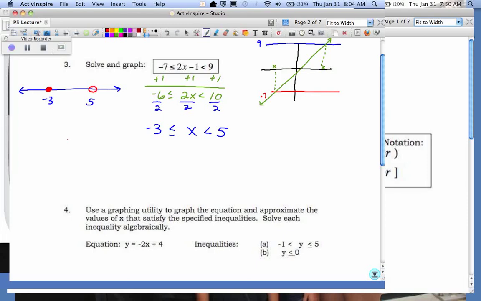And then where do I shade? Right down the middle. And then our interval notation goes from -3 to 5. Square bracket around the -3 because -3 will work. And anything up to 5 works, but not exactly 5. So square bracket